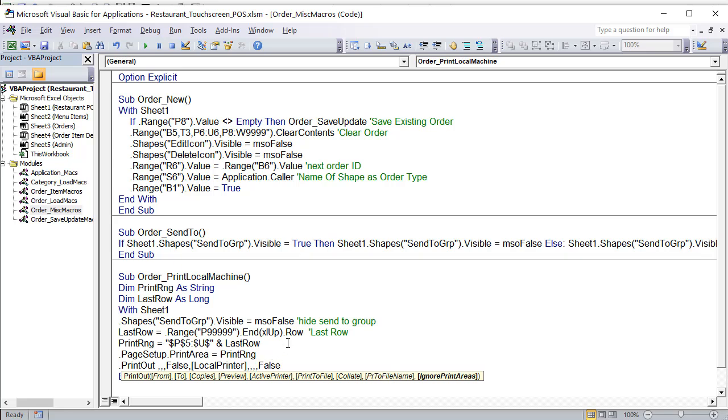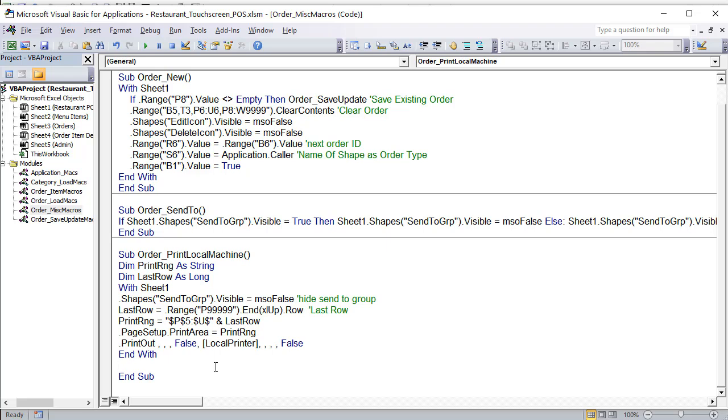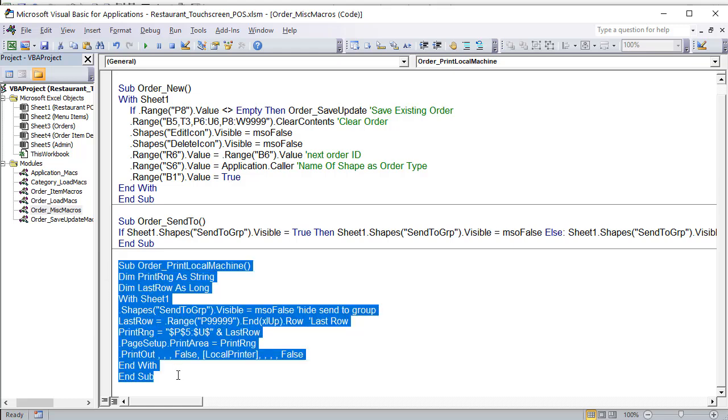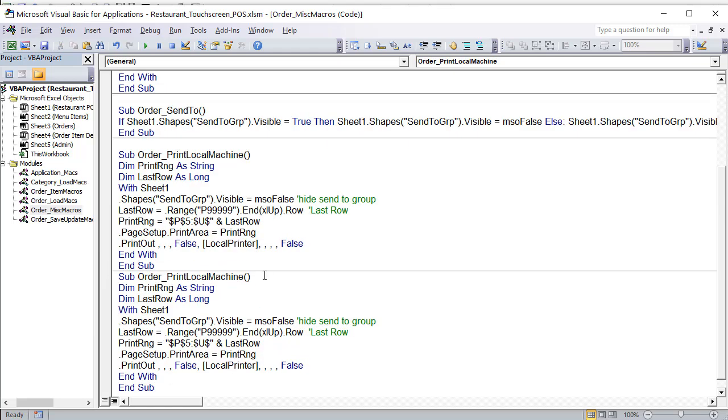That's it. That's all we need to do. Pretty simple. To do the print, that's for the local, but what about for the kitchen? Almost the same. Let's just copy that, paste that down here, and then of course we're going to change the macro name. Can't have two print, so it's order send to kitchen. And all I need to do on this one is just change the named range to whatever the named range